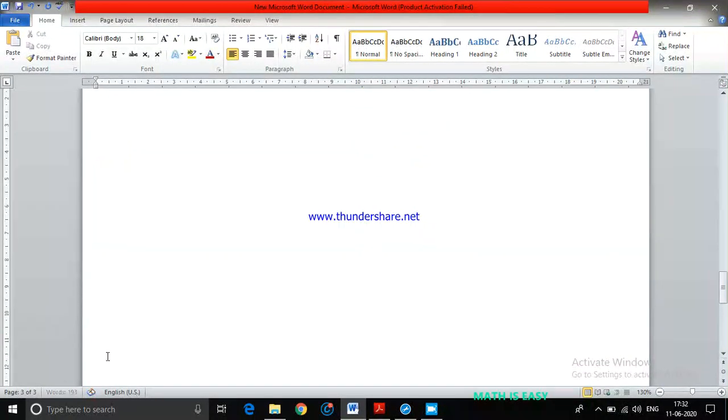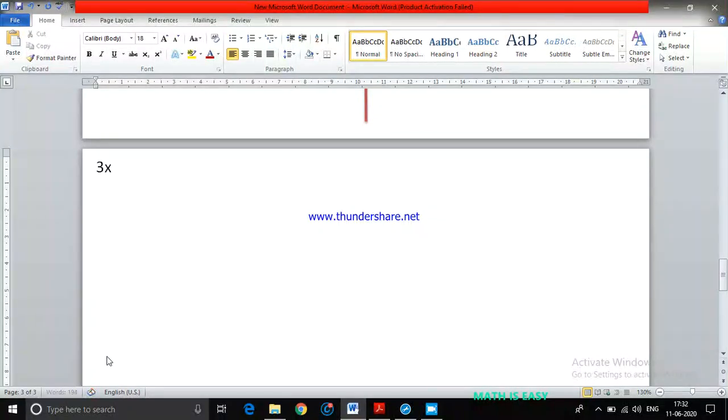Now you may take any random values, for example 3x minus 2y plus 5 equals 0. This is one equation, and the second equation you can take as x plus 5y minus 3 equals 0. It is up to you whether you want to find the x value and substitute in the other equation, or find the y value. First make up your mind which one to find. Here the easiest is the second equation. I will take x equals 3 minus 5y.